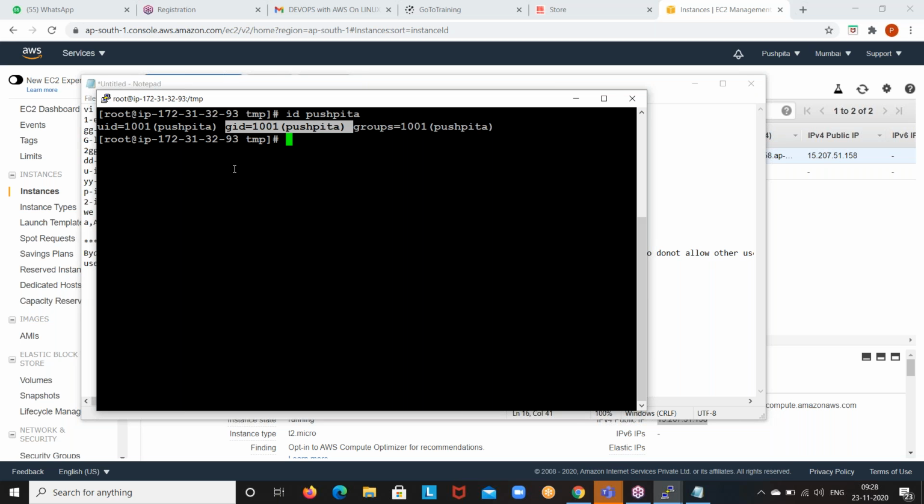But what is the purpose? You will come to know in ownerships and permissions, and at that time you will be very clear. As of now, remember that every user has one group, which is called the primary group. My primary group will be Amar only. Pushpita's primary group will be Pushpita only. Pradeep's primary group is Pradeep. Root's primary group is root. Like this it works, guys. Now one more thing: the home directory also. Go back to Notepad.